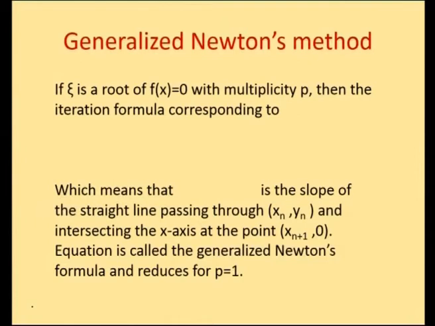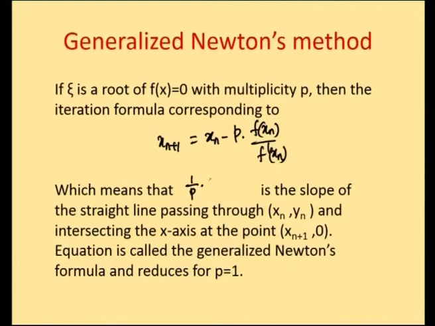So, if epsilon is a root of f of x equal to 0 with multiplicity p, that is, epsilon is repeated p times, then the iteration formula corresponding to the Newton-Raphson method is taken as xn plus 1 is equal to xn minus p into f of xn divided by f dash of xn,